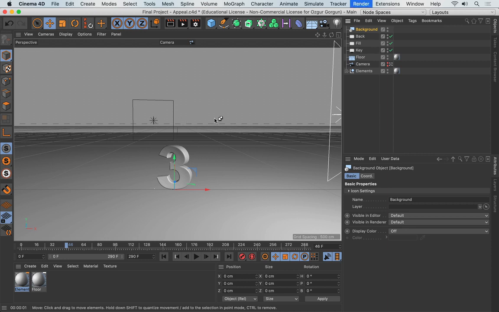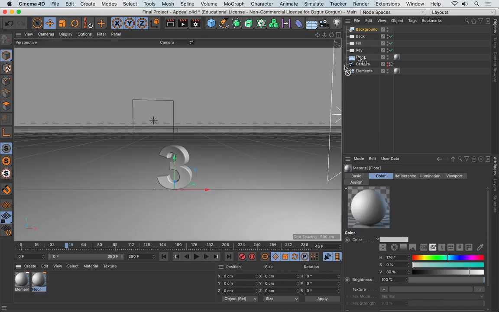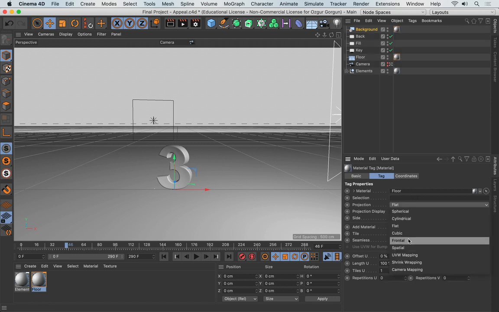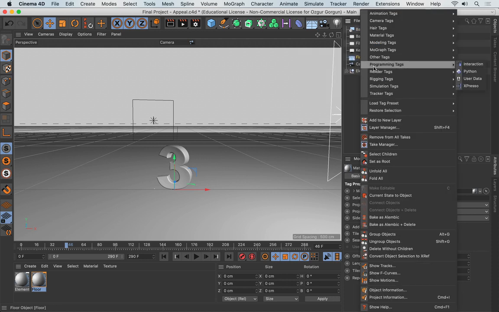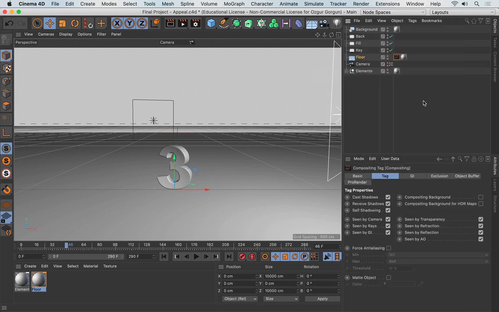Because right now, if I go and render this, that's what I'm going to get. So this is where the floor finishes, and that's where the background starts. So in order to create a seamless backdrop, I'm going to need to take this floor material, apply this to the background. So it's applied here. And you see that the projection method here is set to frontal. If I go to the floor material and set its projection method to frontal as well, and then also to the floor, if I go and add a render tag, which is the compositing tag,